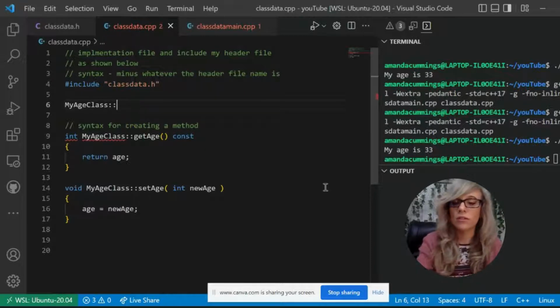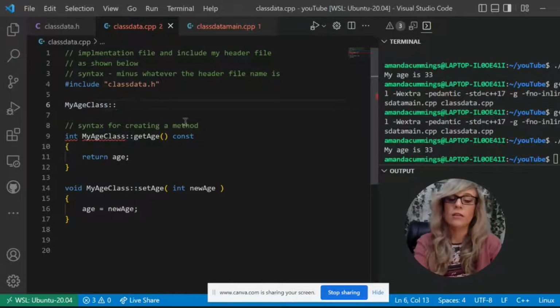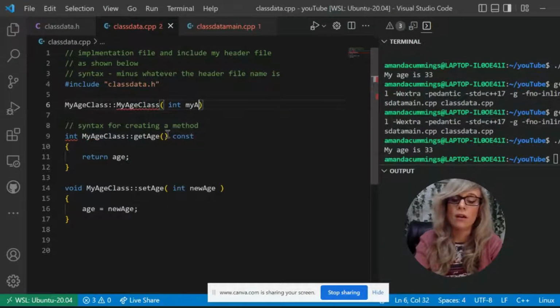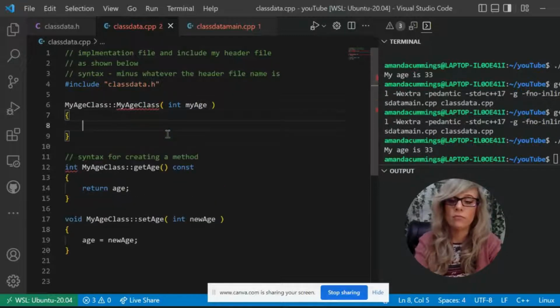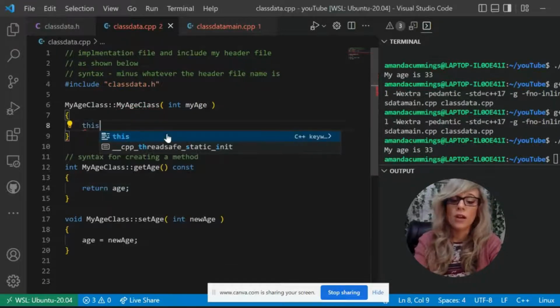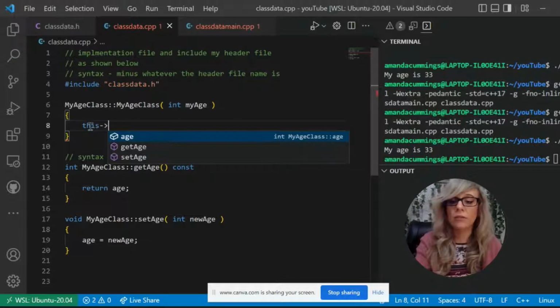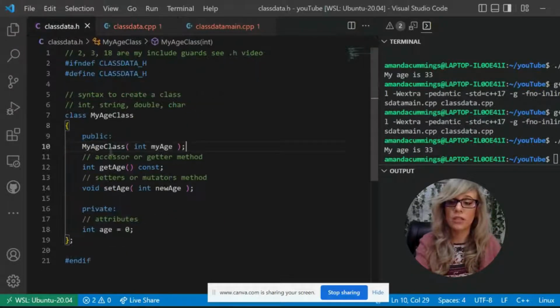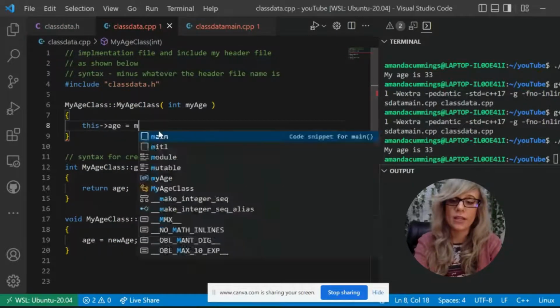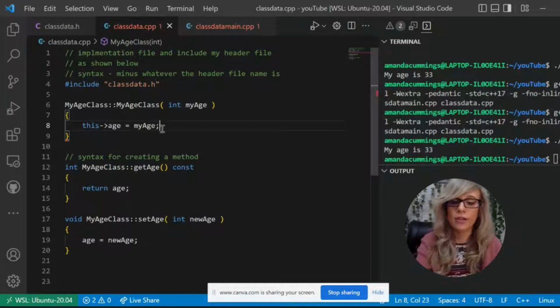Going back to my constructor, I have the name of the class itself, followed by the scope resolution operator, the name of the class itself again, and then I'm going to include my parameter, which is going to be my age. At this point, I'm going to use a keyword called this, which is a pointer to the current object, which I'm going to point at age,